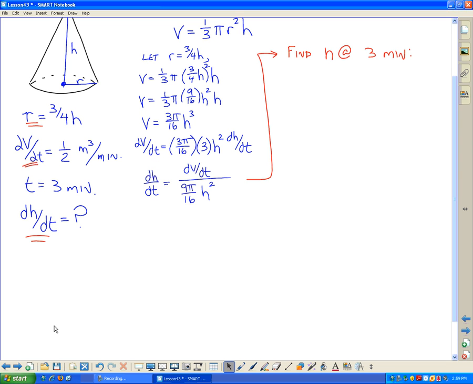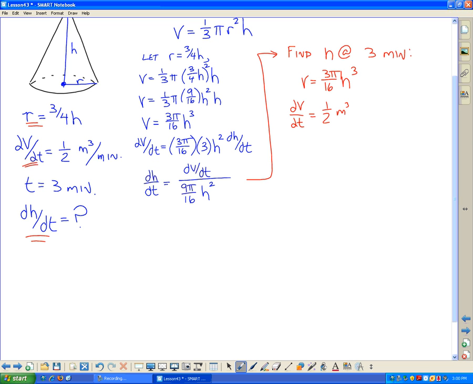So as we continue through here, we said we need to find the height after 3 minutes. Well, we already have an expression for our volume. We know that it is, I guess I was working in red, so I'll continue. Volume equals 3 pi over 16 h cubed. All right. Well, after 3 minutes, we know that if dV by dt is equal to half a cubic meter per minute,